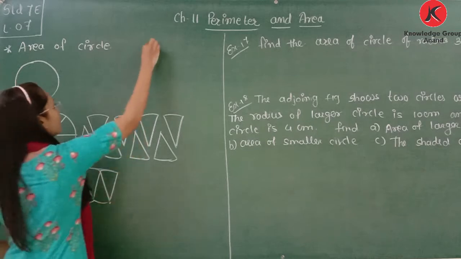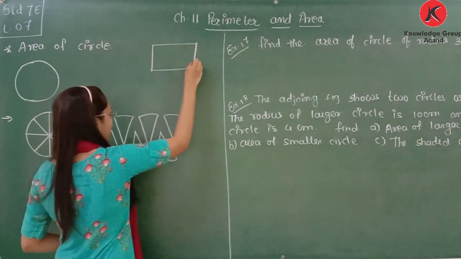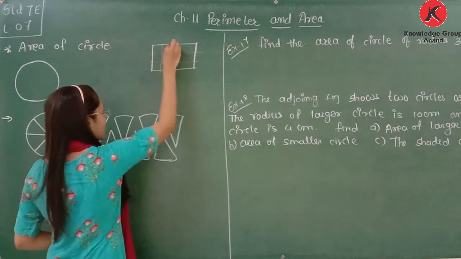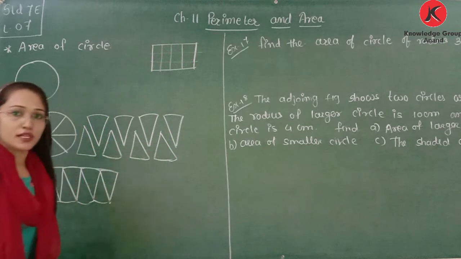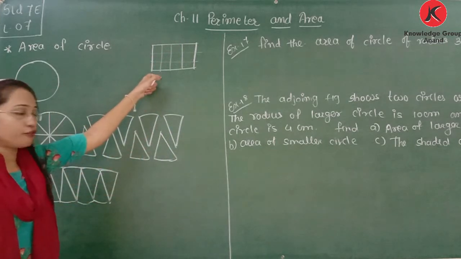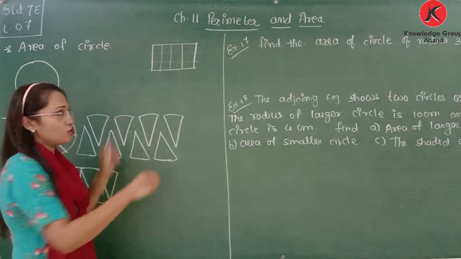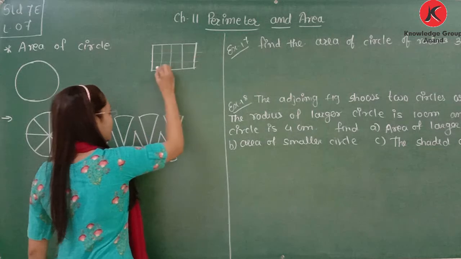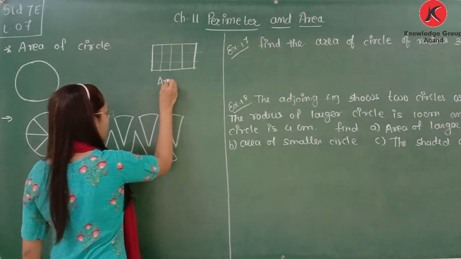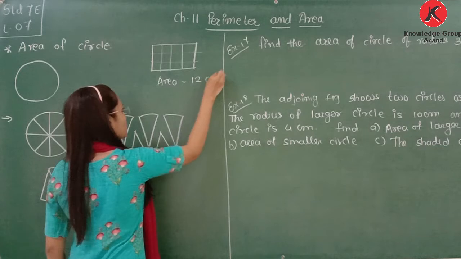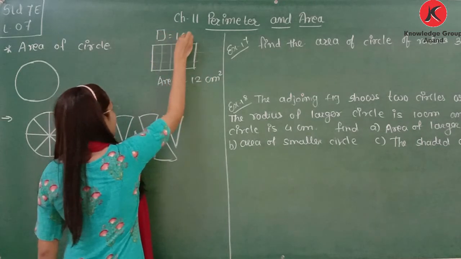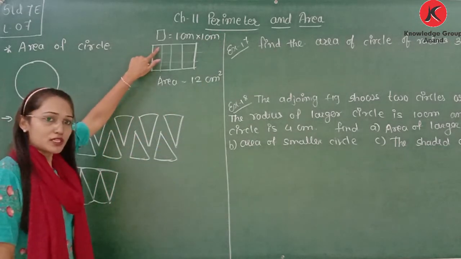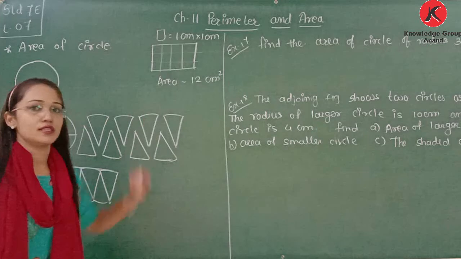You already learned in the previous standard that if we have a rectangle like this, and we place the rectangle on a sheet of 1 by 1 centimeter squares, what will be its area? We need to find the number of squares. Here, what will be the area of this rectangle? 1, 2, 3, 4, 5, 6, 7, 8, 9, 10, 11, 12. So the area will be 12 centimeters square. If one box is 1 centimeter multiply 1 centimeter, the area of one box is 1 centimeter square, so the area of 12 boxes will be 12 centimeters square.